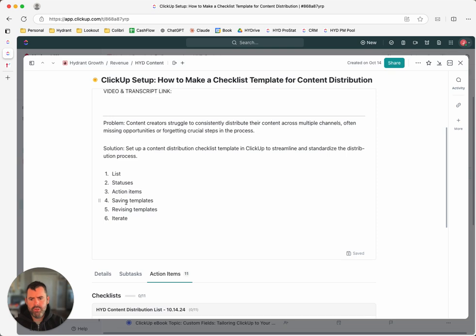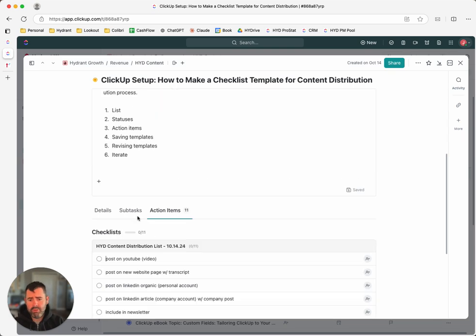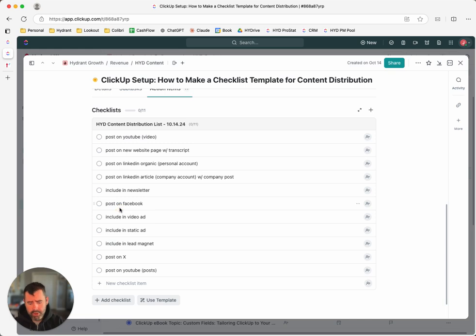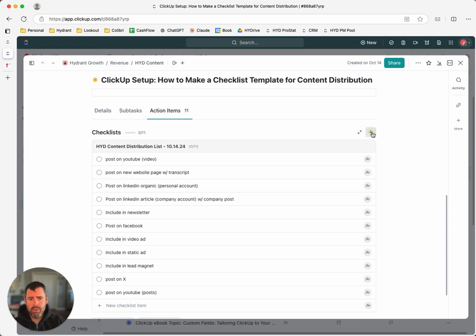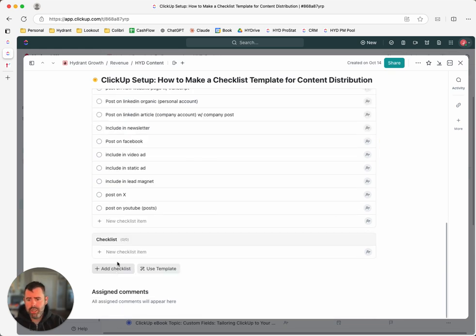So kind of going back to, let's say we want to revise this template. Maybe I don't like that I don't have capital letters on each one of these. Or, I mean, really the use case would be, I want to add more steps in here, or maybe I want to have a separate checklist for each channel. So you can have multiple checklists on here. I can create a new checklist here and it's just,